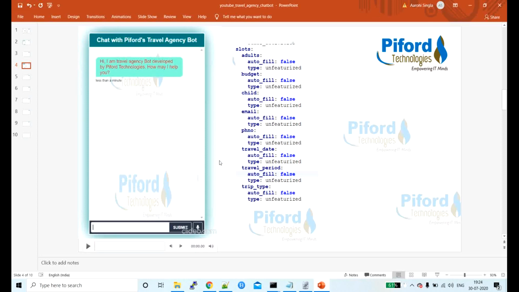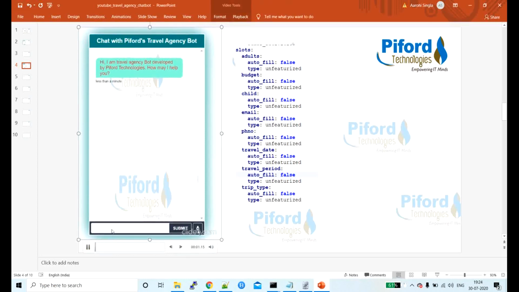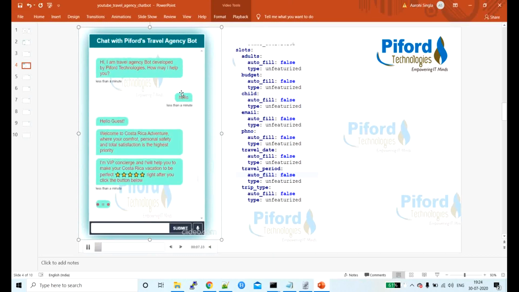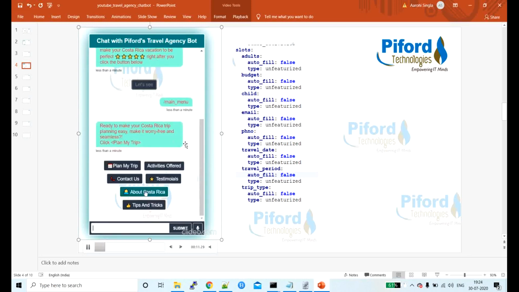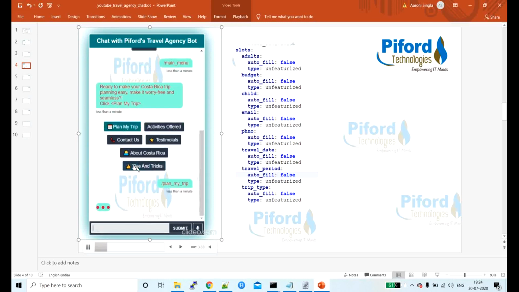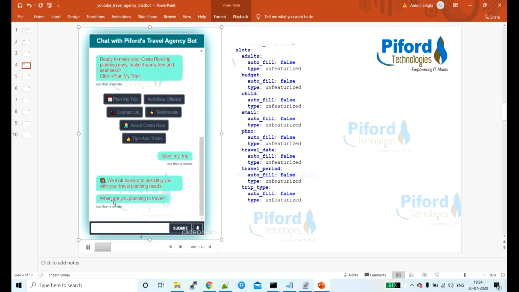Right now I'm running this video and I'll show you how all these slots are used in our project. Over here you can see this is just a greet. When the user writes a greet message, the algorithm greets back. Then when the user clicks on plan my trip, it asks when you are planning to travel, which means the travel date.